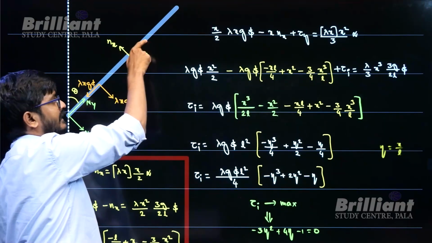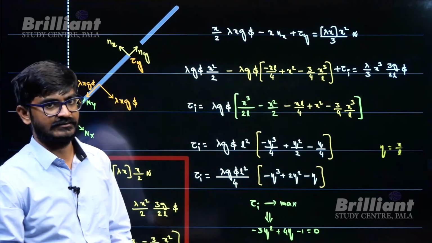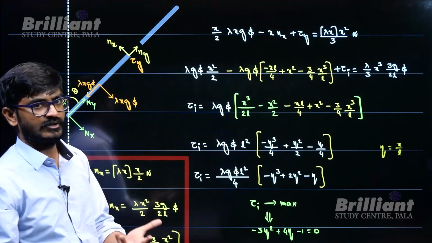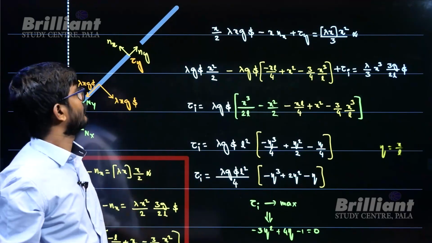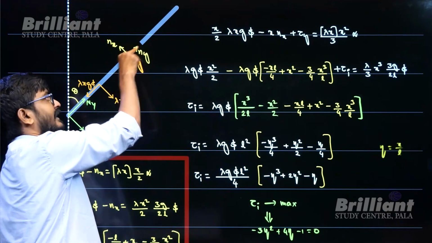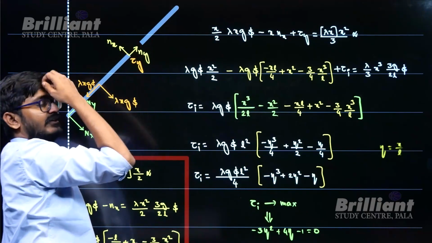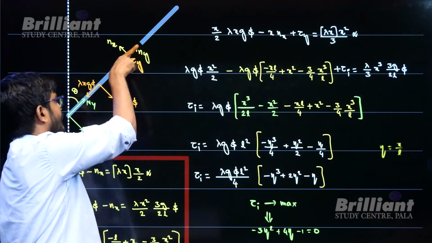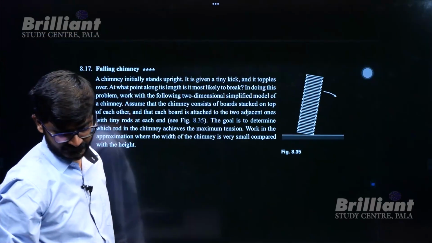Now it is not one dimension. If you visualize it like one dimension, we won't be getting the answer. So we need to visualize it like two dimension, because one dimension is not possible in reality. Now when you take it like two dimension, this nx will be exerting torque. Apart from that, this ny also will be exerting some torque. Now that torque, but when you take it like one dimension, you will be feeling like that ny is not exerting any torque. But when you take it like two dimension, there